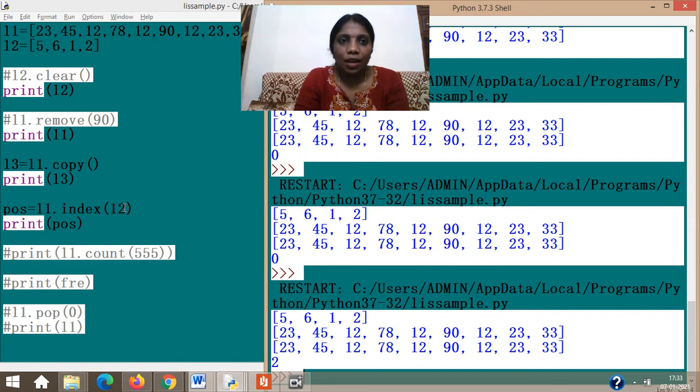So what is index giving? Index returns an integer value which will be the position of the given argument. What is the other one? Count. Again it also returns an integer value that is going to give the number of occurrences of the given argument. Copy does not take any argument. Copy creates a duplicate copy. So 3 new functions are coming.